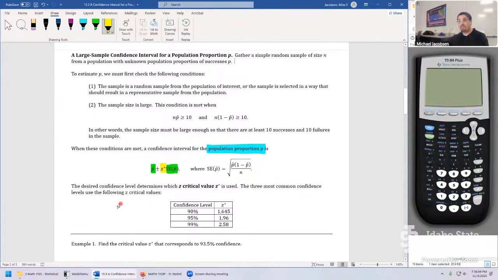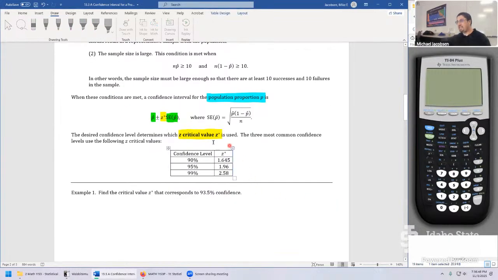Really, we've been kind of getting estimates of z star in the prior section just to see how all this comes together. We'll call this z the critical value z star. And down below just gives us a table lookup. If we're doing, say, a 90% confidence interval, z star is 1.645. We need to discuss where these numbers even come from in the very first place. For a 95% confidence interval, it's 1.96. And notice as confidence gets bigger and bigger, the critical number, z star, gets bigger and bigger as well.